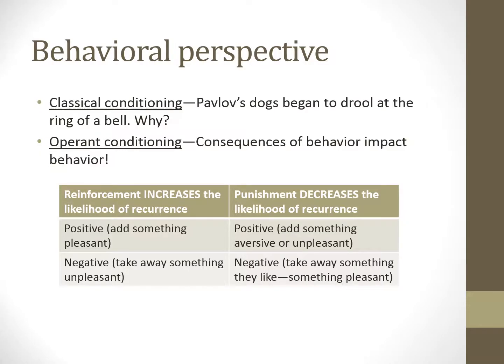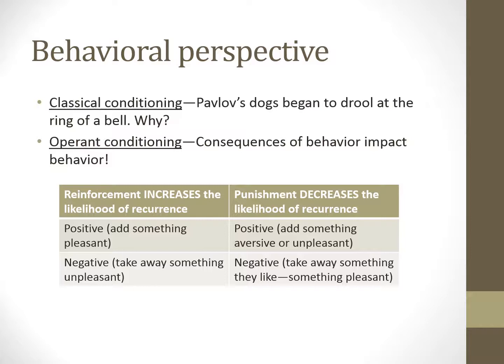In the behavioral perspective, the focus is on observable behavior. You've probably heard about Pavlov and his dogs. This is the prime example of classical conditioning. In classical conditioning, a neutral stimulus, like the bell, is paired with a stimulus that naturally produces a natural response, like food makes dogs salivate. Learning occurs, and the neutral stimulus begins to produce the same response of salivation.